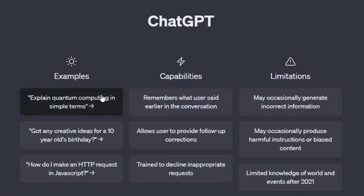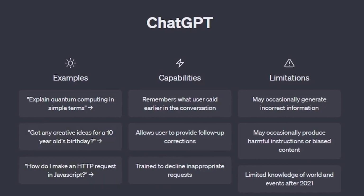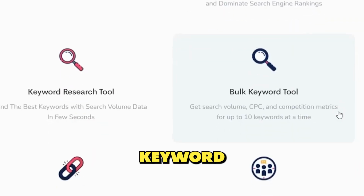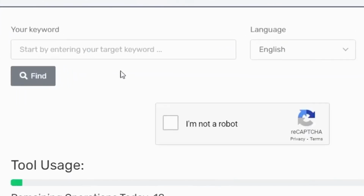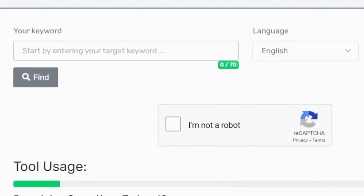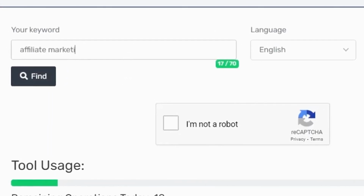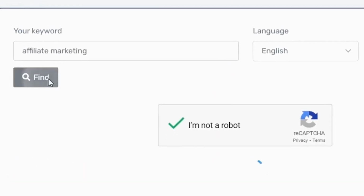First, sign up for a free ChatGPT account, then dive into its features. To start making money, find a blog topic that fits your niche. Do some keyword research using hsupertools.com, a great free SEO tool. Create an account, go to the SEO section, type in your niche keyword like affiliate marketing, and verify you're not a robot. Hit search,